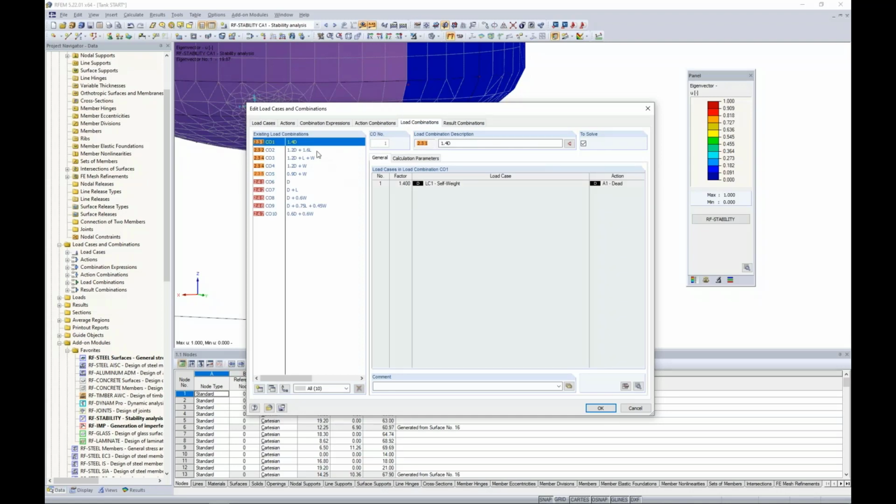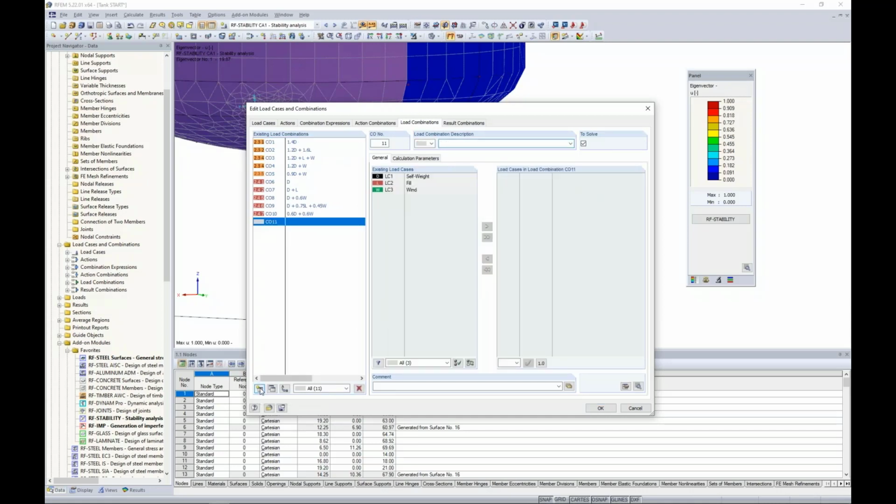So I'm going to create my own manual load combination here, which I can select from this button down here in the lower left-hand corner, and I'm going to replicate load combination 3. So I'm going to call it 1.2 dead plus live plus wind. So identical to load combination 3 that we're seeing up here,